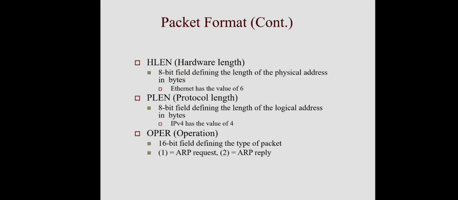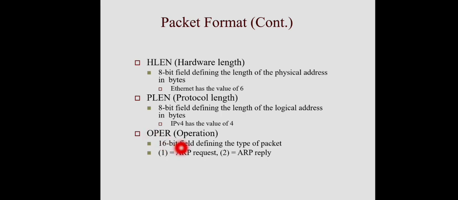Next is the length of the hardware address. In case of Ethernet, that will be 6, because it represents in units of bytes how many bytes will be required. And the next is protocol length. That also is in bytes: how many bytes are required as the length of the corresponding IP address or any network address. Here, in case of an IP address, that is 4, right? With the 32-bit addresses we are using, 4 will be the value.